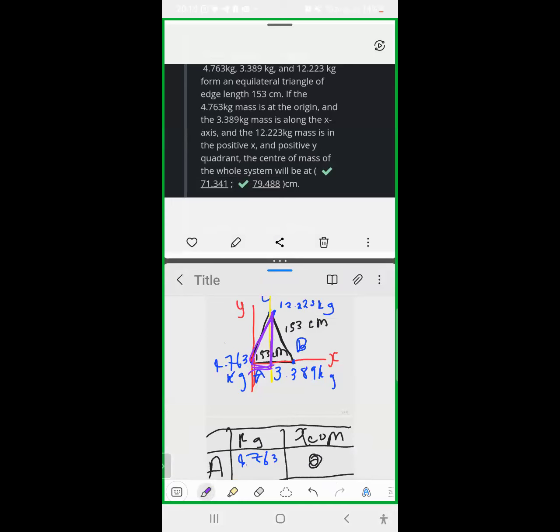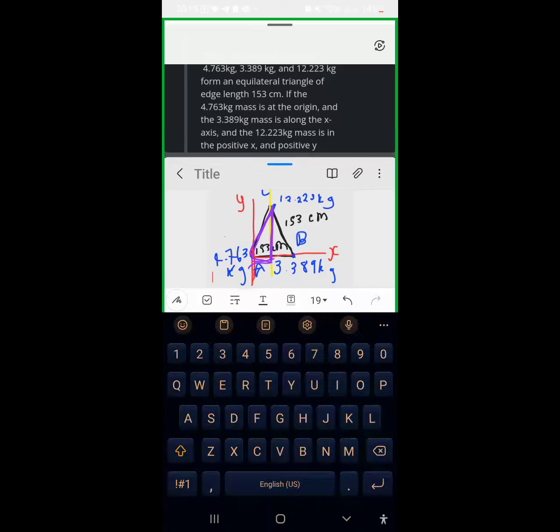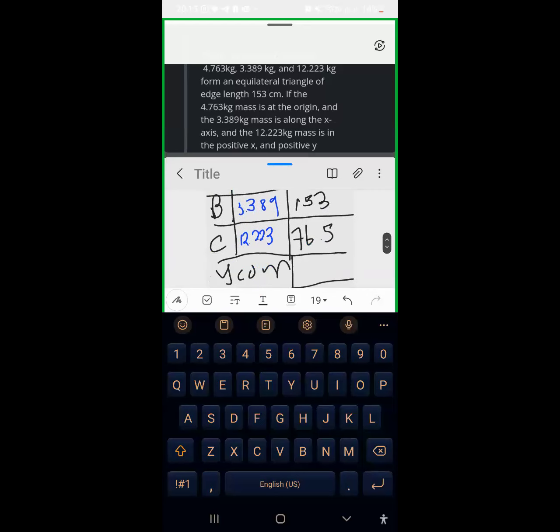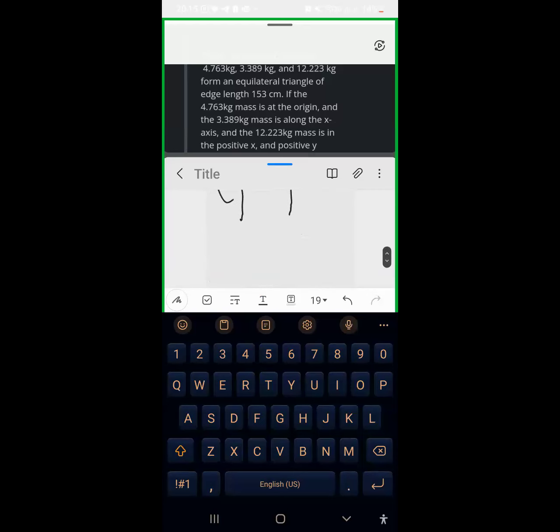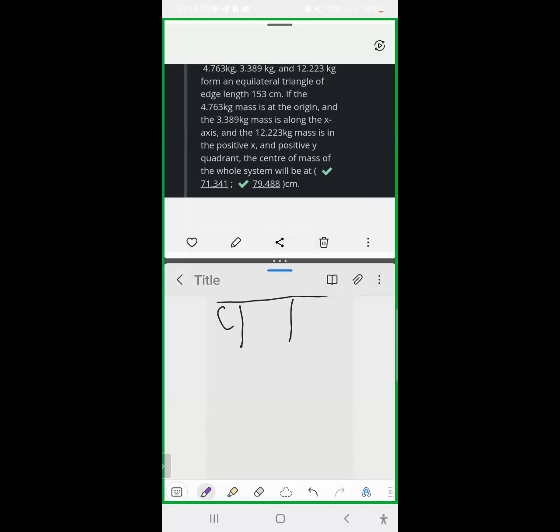Because that is the distance at point C along the y it's located at. Therefore, by Pythagoras theorem, what are we gonna have? We're gonna have that the y coordinate of the center of mass for C will be given by the square root of the hypotenuse, which is 153